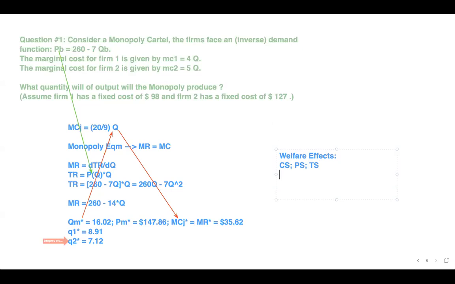Total surplus, and the profit for each of the firms, right? And then notice in particular, and this is because of the first fundamental welfare theorem, in competition there is no deadweight loss, right? But here, what we're going to notice is there is a deadweight loss, and the deadweight loss, you could try to compute it,